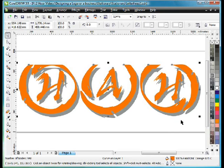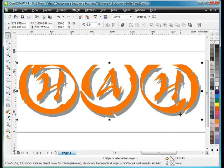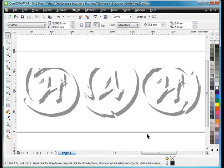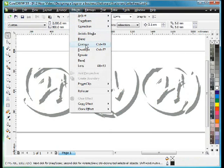Well, I don't want to do that. So select the top logo, finger on the shift key, select the bottom one, and we're going to use trim up here on the property bar. Now cut the orange one to the clipboard, Control X. Now that itself is not a bad looking effect, and you could really put a logo up that looks just like that. But what we're going to do is come up to Effects, and we're going to open the Contour